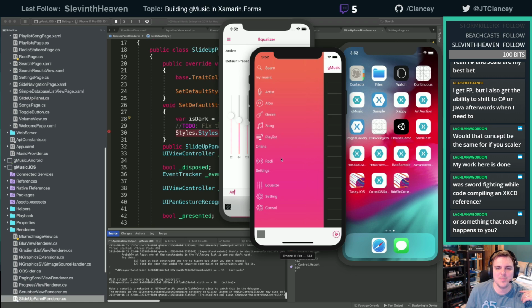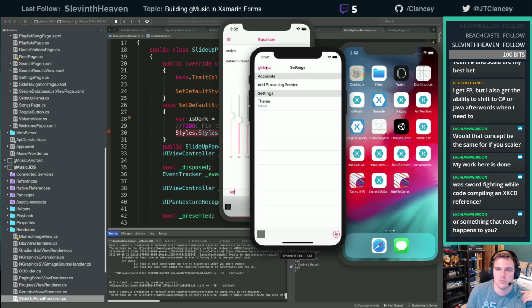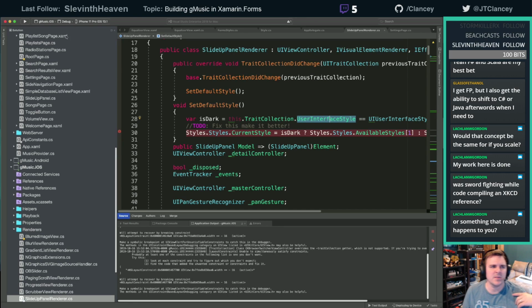Does that not auto-update that screen? Whoa, what happened? Why is album cut off? Radio too. Equalize, setting. All right, that's weird. Let's stop and start this, see if that fixes it.